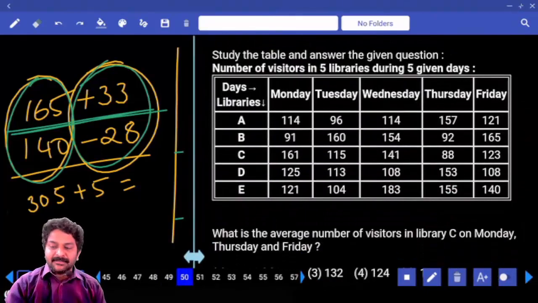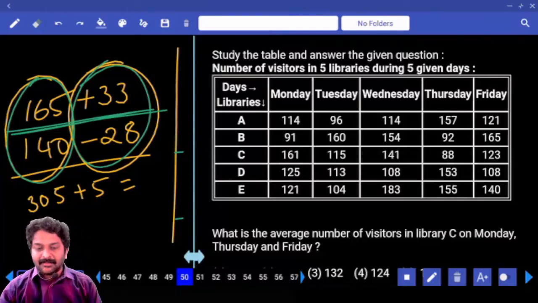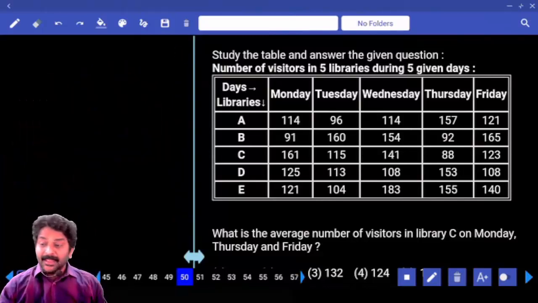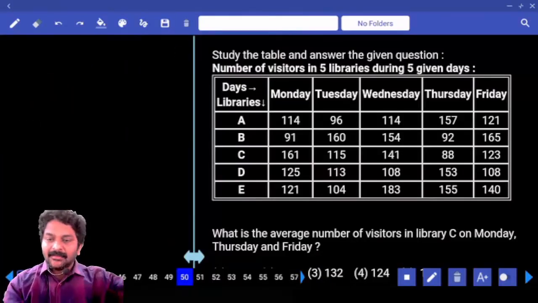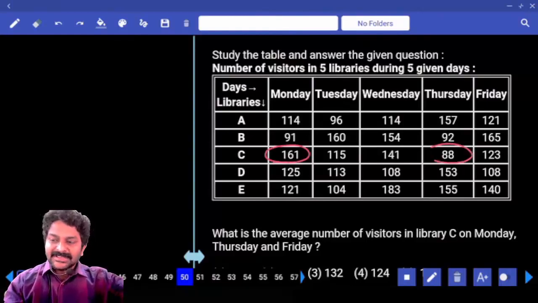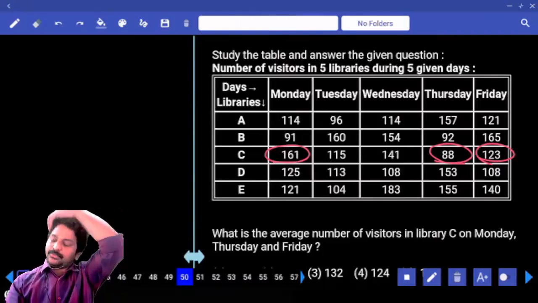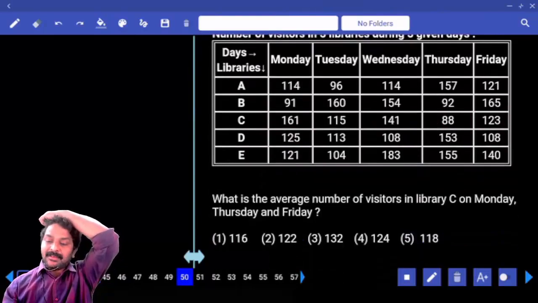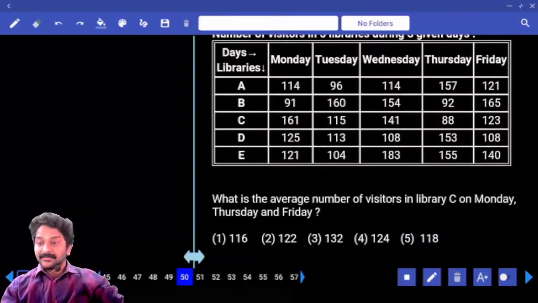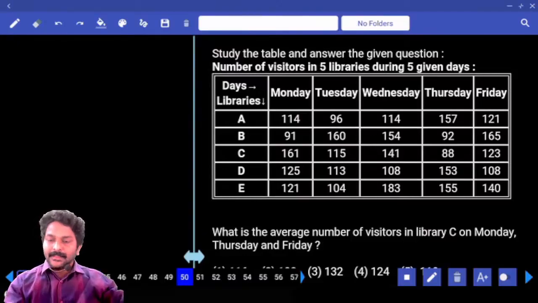What is the average number of visitors in library C on Monday, Thursday and Friday? C on Monday, Thursday and Friday. Correct? Reverse addition or else 2. 2 అంటే ఫోర్త్ ఎండ్ అవ్వాలి. ఫోర్త్ ఎండ్ ఏమి ఉన్నాయి? ఒకటే ఉంది. అదే ఆన్సర్. రైట్. ఎనీవే,